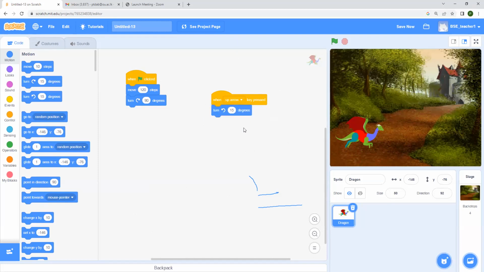I want to turn. Okay. Turn to this side. So we'll get it as 90 degrees. Okay, now you can't see that I'm going to press the up arrow key, but if you're following